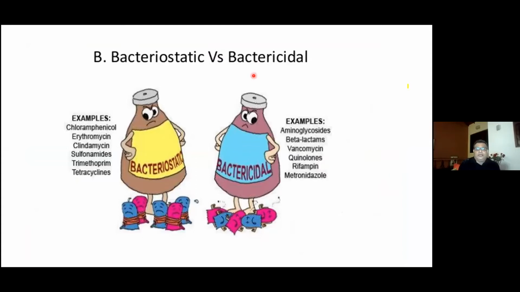So this is another diagram to show you different bacteriostatic and bactericidal examples. Under bactericidal, penicillin is the typical example, beta-lactam antibiotics, and metronidazole, which is again used widely in dentistry, and some aminoglycosides and quinolones. They all have bactericidal properties. Whereas tetracycline and some sulfonamides and clindamycin and erythromycin belong to the category called bacteriostatic. So this medication will stop growth and multiplication of bacteria.